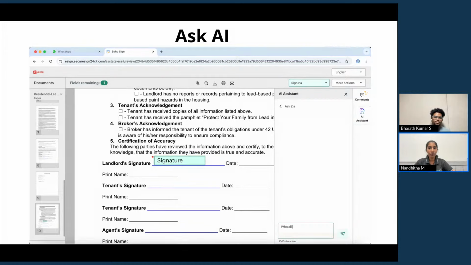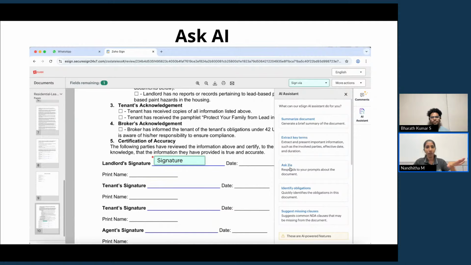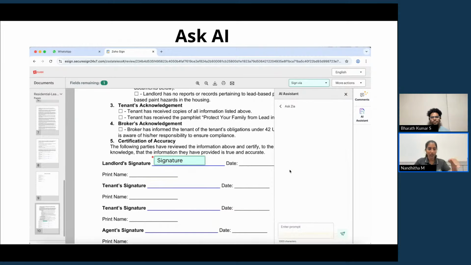So usually we think that AI gives off-topic responses or does not really help you when you just put in a prompt, but it was really helpful. So though I did it for play, if you have something really important to check, or you want to know the tonality of the document, cross-check for any sort of unprofessional clauses, or like you said, pull up important dates and names and other data, it's going to be quite easy when you simply ask with the AI assistant tool that we have here. So yes, this is the new set of AI features that we have.